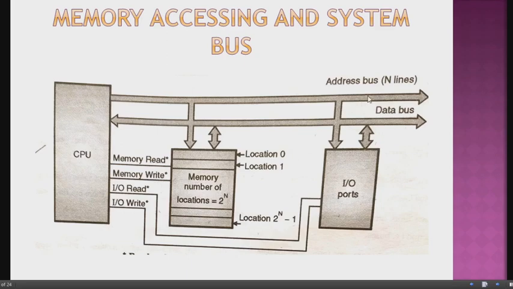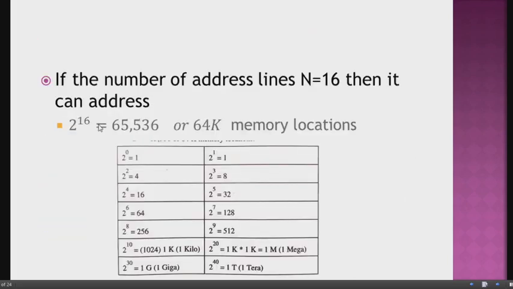That address is of either a memory location or of IO ports, but the data bus is bidirectional, means the CPU can put the data on the data bus to be written into the memory location or for the IO ports. Or in reverse, the data from a memory location or from IO ports can be put on the data bus for the use of the CPU. That's why the data bus is bidirectional.